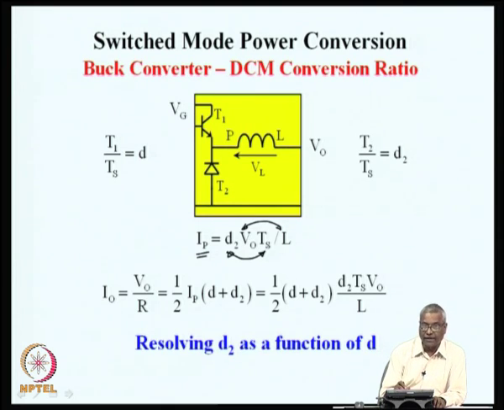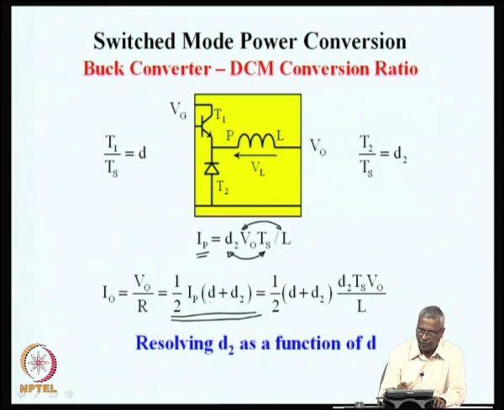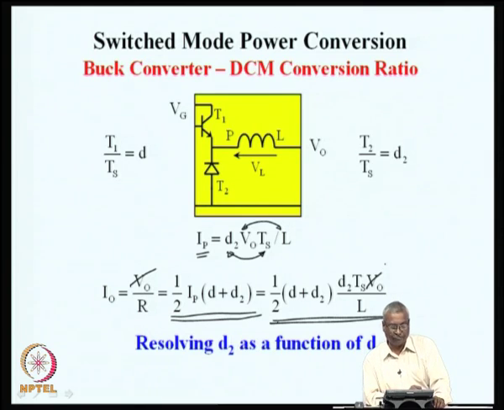Then during the second interval D2, this energy is completely lost, and we can say that the average value of the waveform that we saw in the previous one, average value of this is IP by 2 on its own base, and because this total ratio is D plus D2, the average current is 1/2 IP into D plus D2. This is the average current, which is V0 by R. I0 is same as V0 by R, and this IP we can replace from the first equation. So, that now we get a result that V0 by R is same as 1/2 of D plus D2, D2 Ts V0 by L, and here V0 is on both sides. If we cancel that,